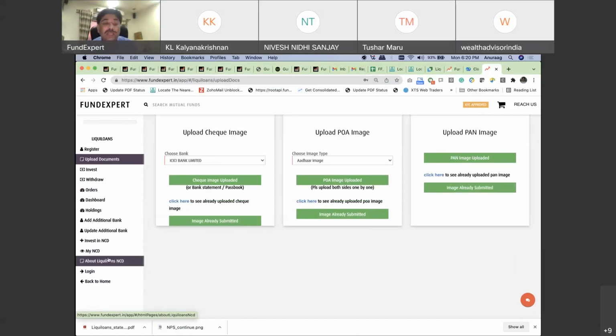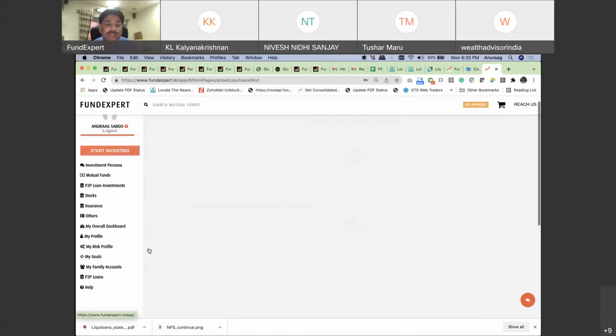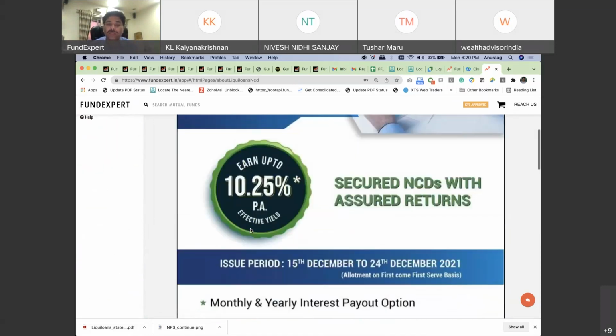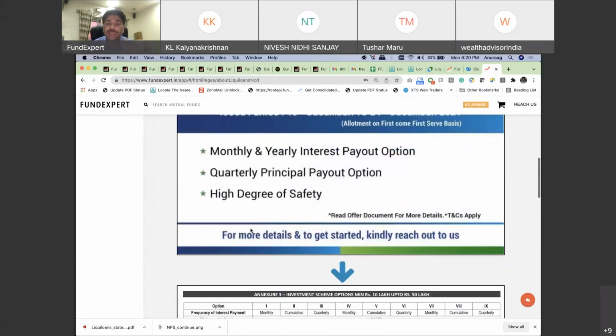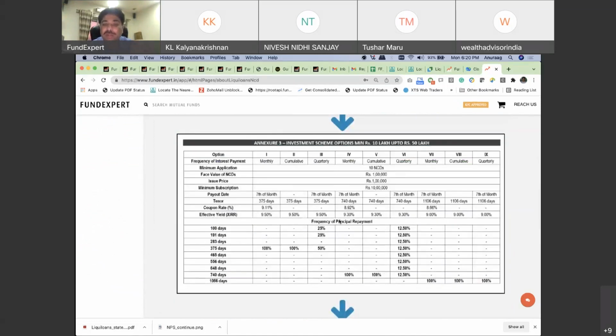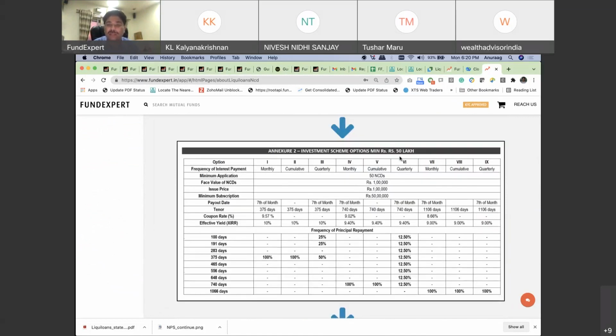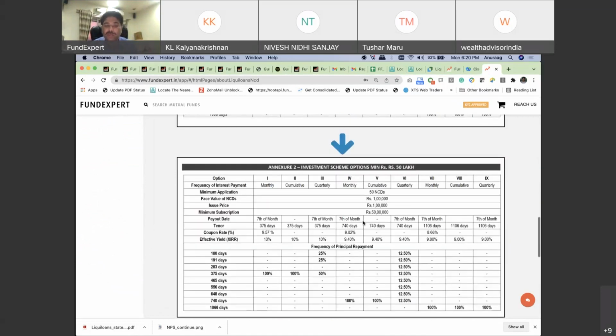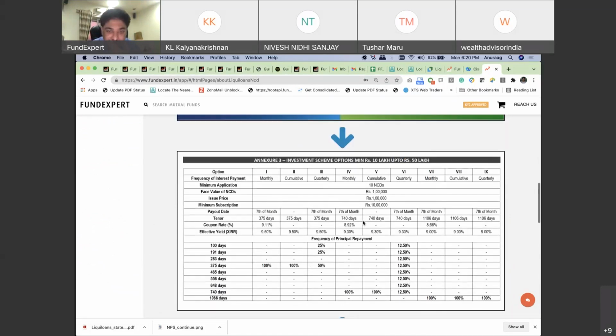So it's all about liquid loans. Now you want to understand NCD. You can see the NCD, we have put a poster here also, which explains very clearly why you should do liquid loans. You can download this poster, you can share it. It gives you all that. Like I said, each one has monthly, cumulative, or quarterly interest cum principal payouts. All these will automatically trigger. As per that, people can choose monthly, cumulative, quarterly. Again, you have 10 lakhs to 50 lakhs, or 50 lakhs to 1 crore, or 1 crore or more. So the interest rate goes higher as you invest more. It starts from 9.5% for 1 year, 10 days, and goes up to 10.25%.